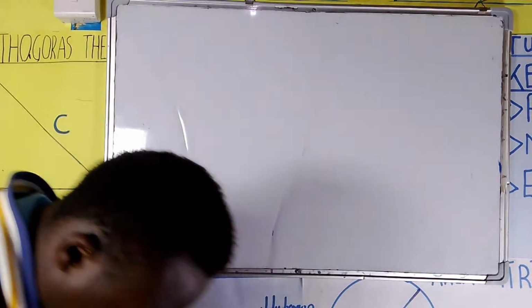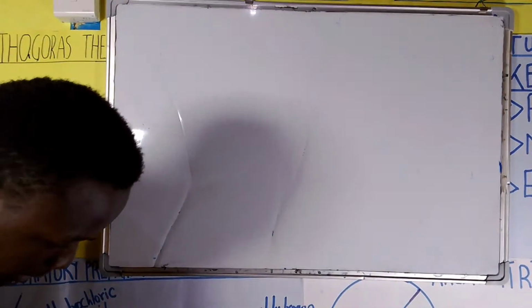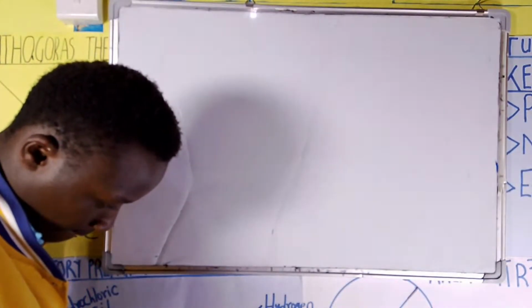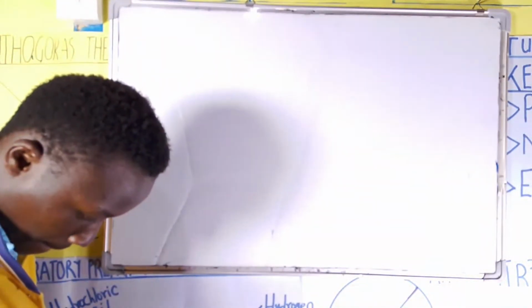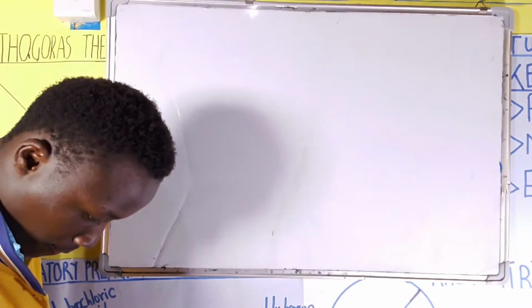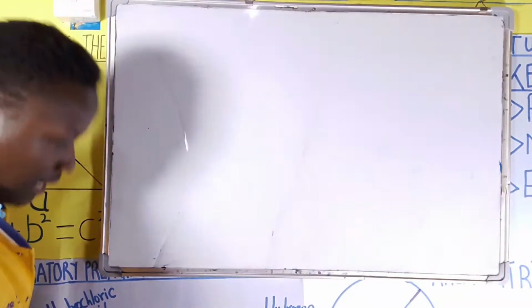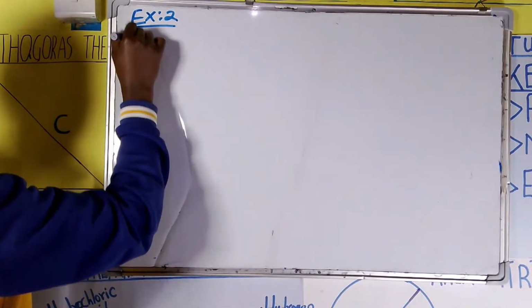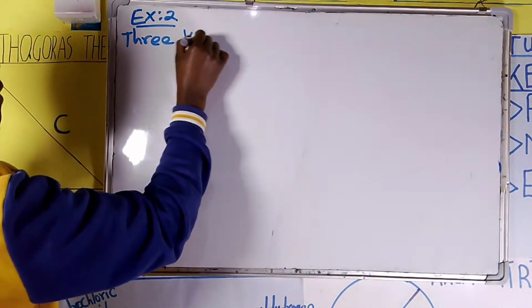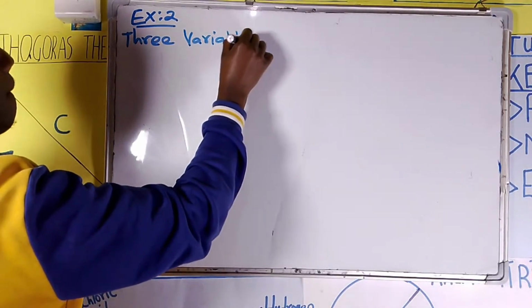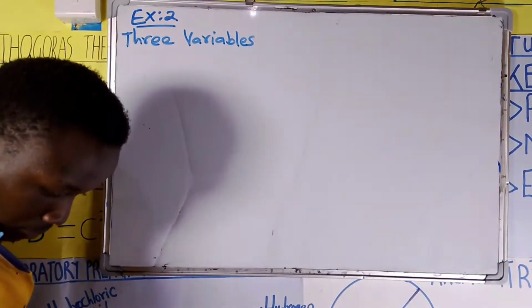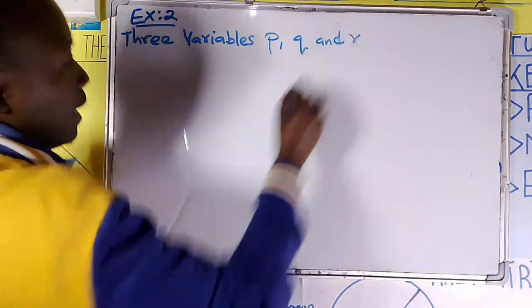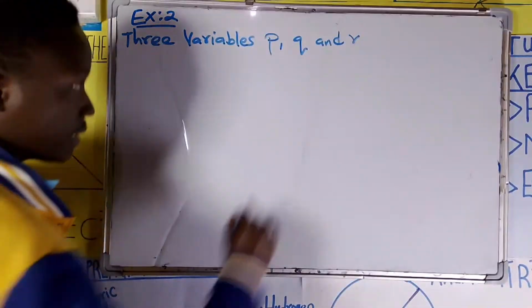We will do another question here on percentage. Three variables. Example 2. Three variables P, Q, and R. P, Q, and R are such that